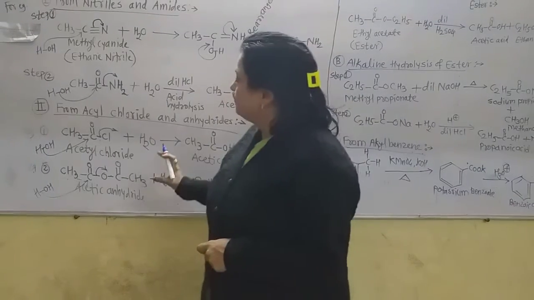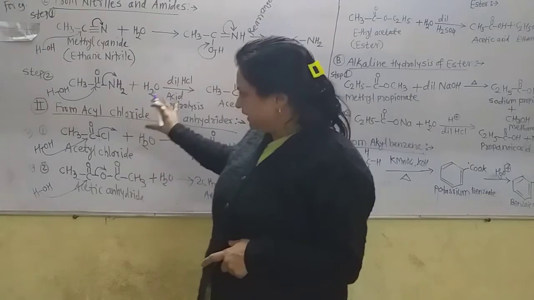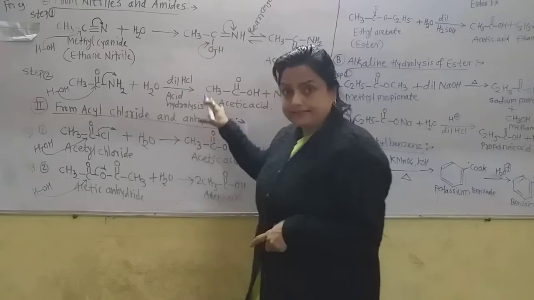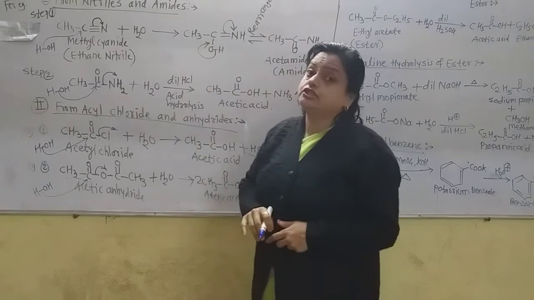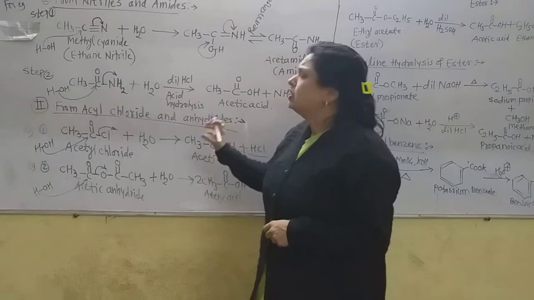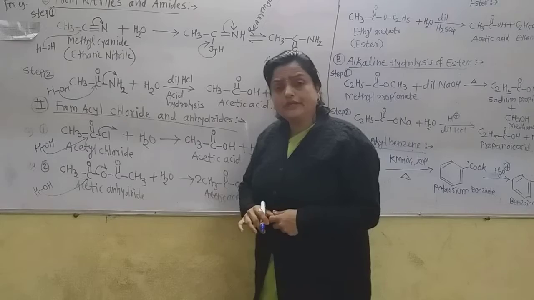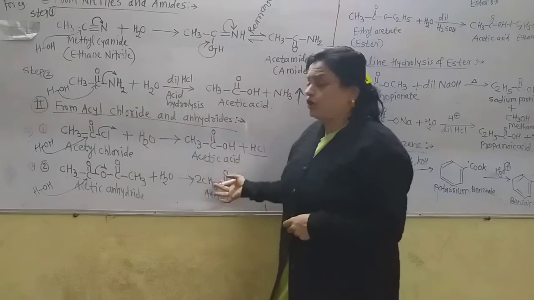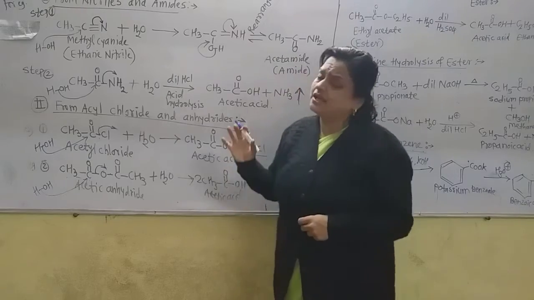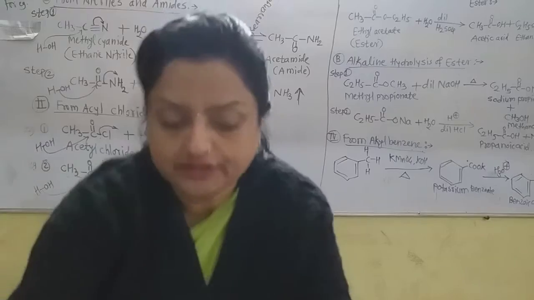Now we are seeing here totally two main methods, but into that there is the one from acyl chloride and anhydride, so that becomes three sub methods of preparation of the carboxylic acids. And in all these methods what we are seeing is only the addition of water molecule, acid hydrolysis, and we obtain the carboxylic acid. So the methods of preparation of carboxylic acids are very very simple methods. Now let us see the next method.